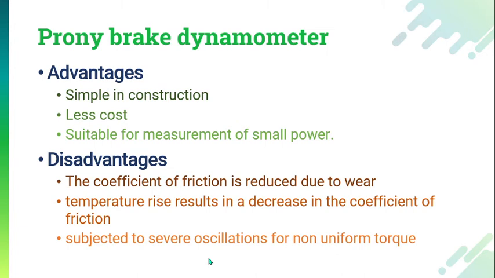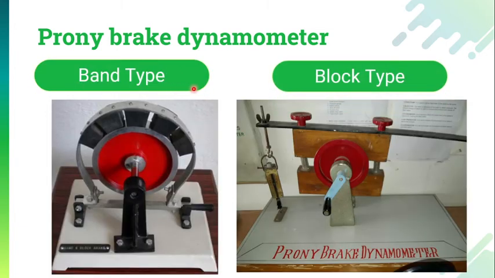Now I am showing you two figures. One figure is the band type dynamometer and the second figure is the block type dynamometer. You can observe the differences. In the band type dynamometer, what is happening? The band is provided, there is a metallic part, and above that metallic part there are braking materials attached. The braking material will try to apply the brakes on the system and the power will be measured. In the block type dynamometer, this braking material is replaced by wooden blocks. So this is the basic difference between the band type and the block dynamometer. The equations are going to remain the same.